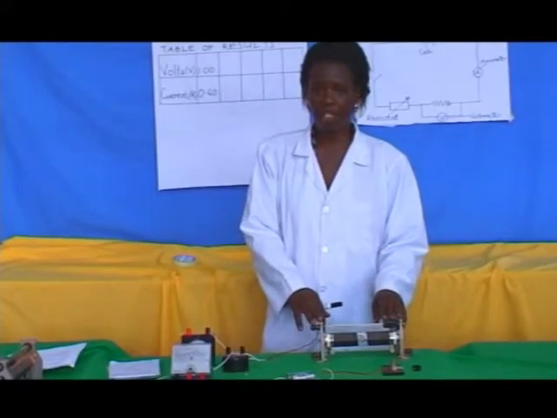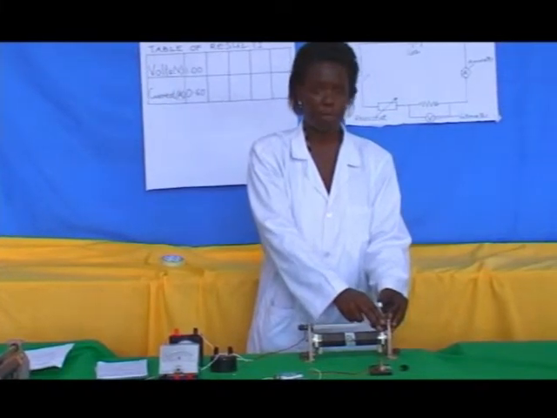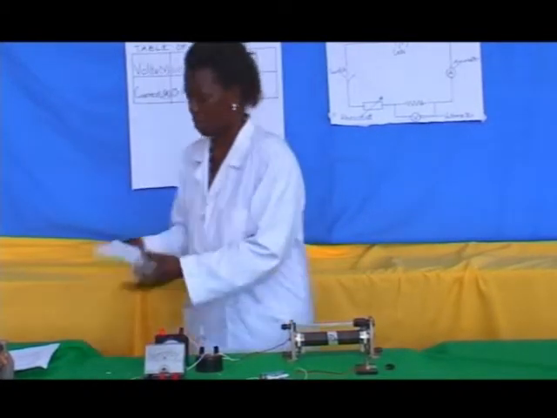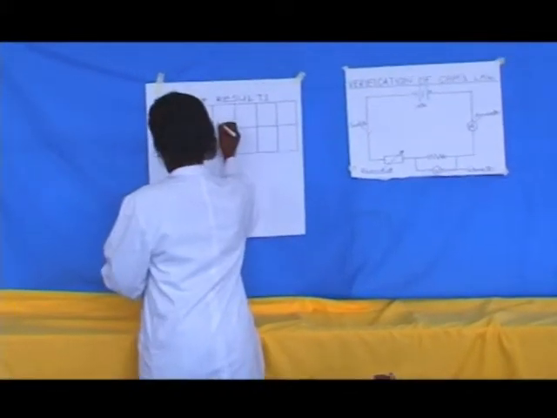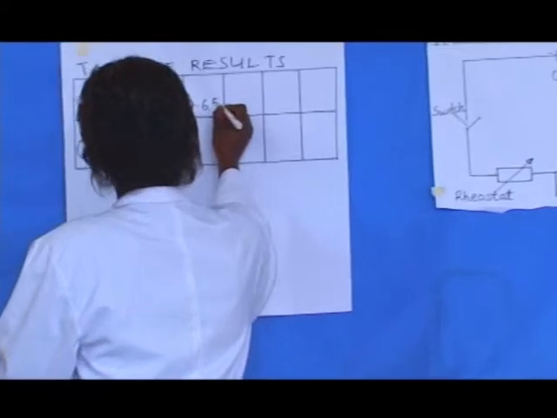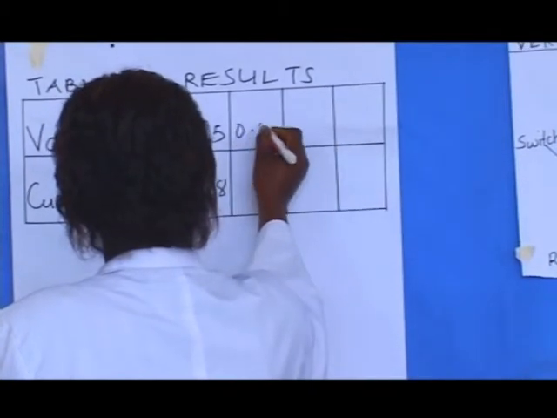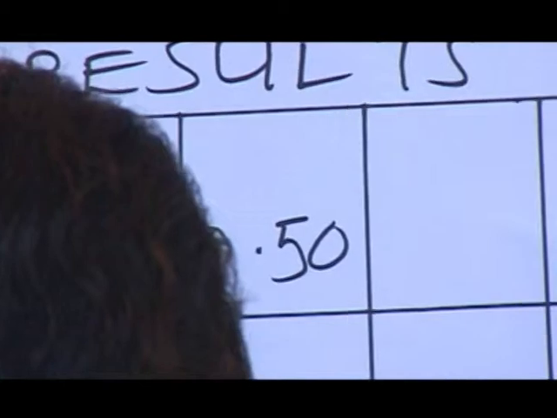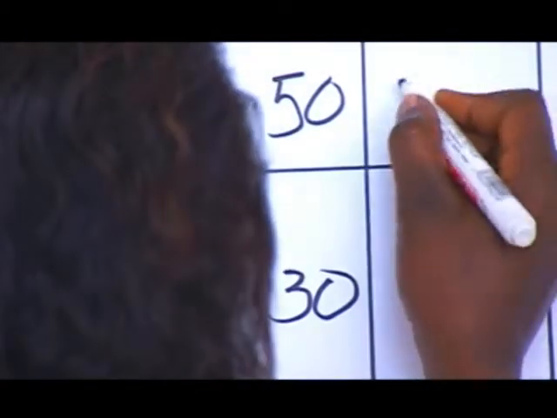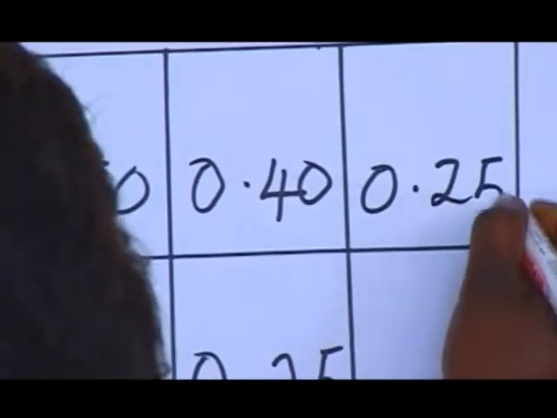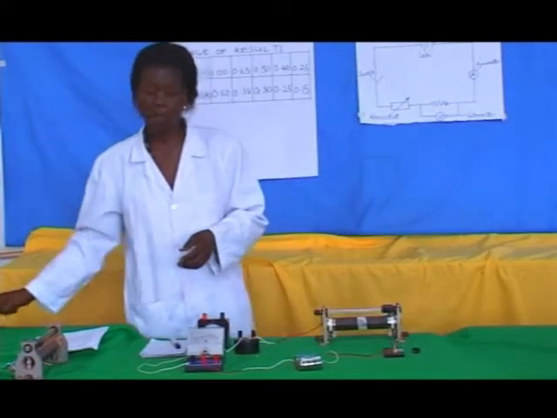Repeat the procedure by changing the position of the slider in order to obtain 4 more readings. After obtaining the readings,